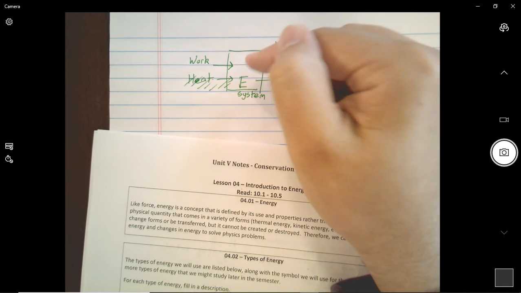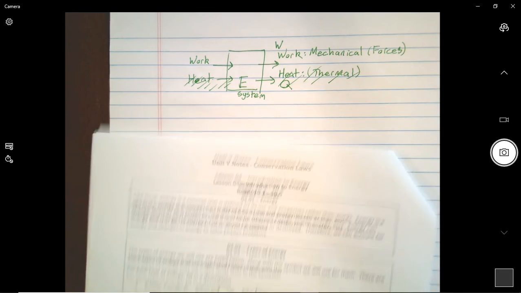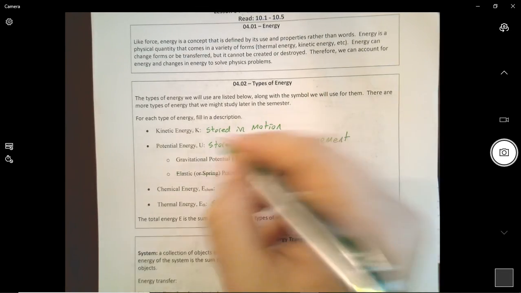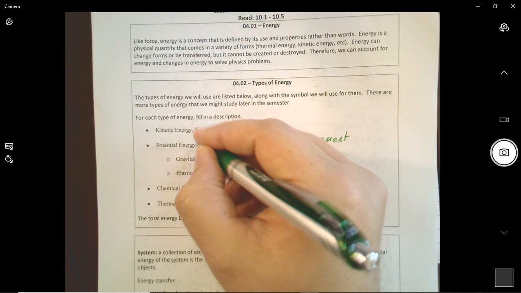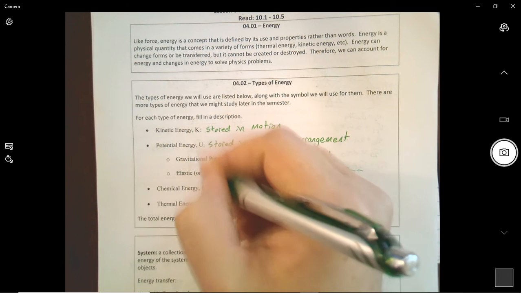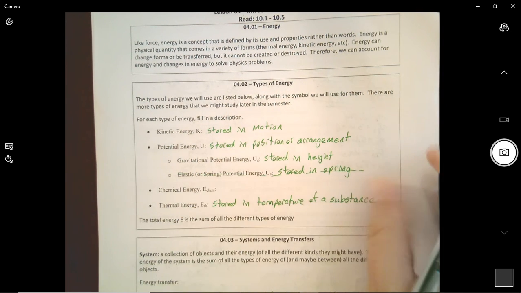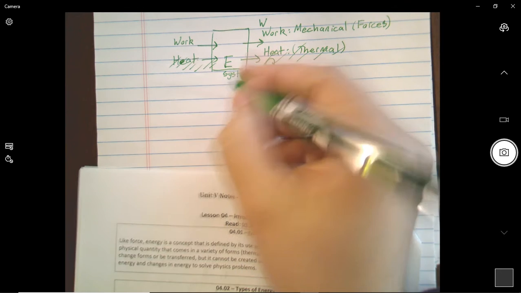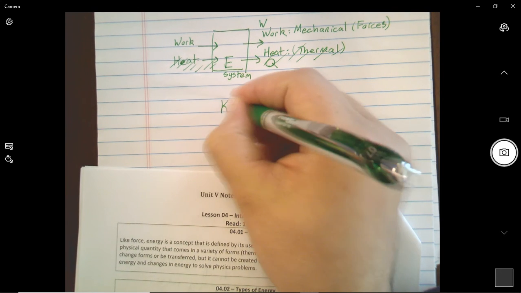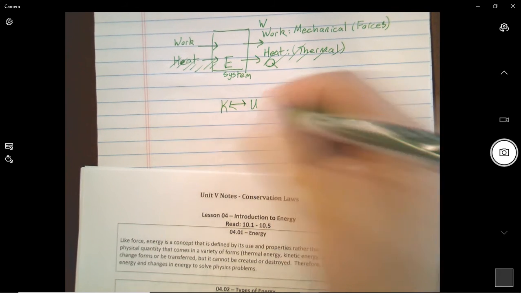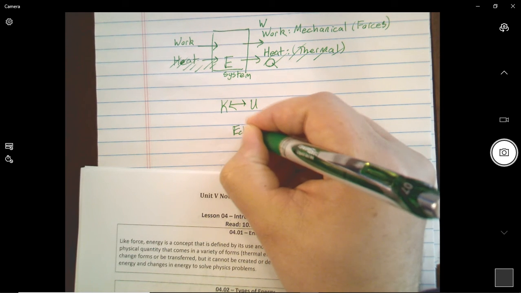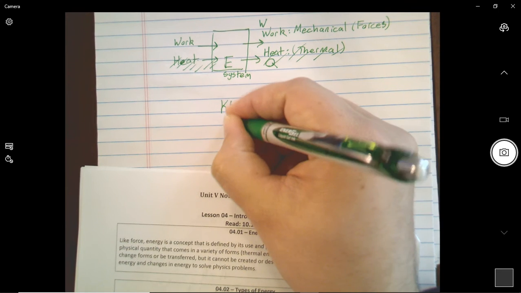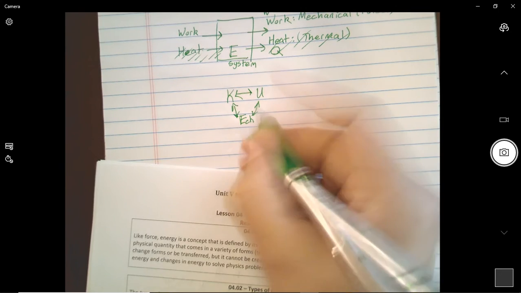So there is a transformation between the different types of energy in a system. So anytime you have multiple types of energy in a system, which you often do, you can transfer in between those types of energy in a system. There is one caveat to that, which is you can go back and forth between kinetic and potential and chemical. These can go back and forth in various ways, but